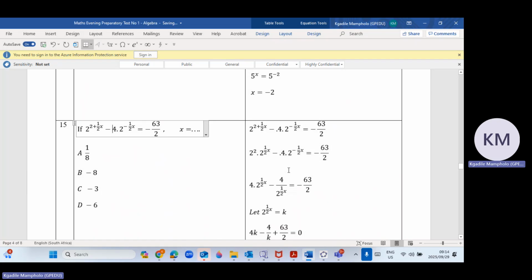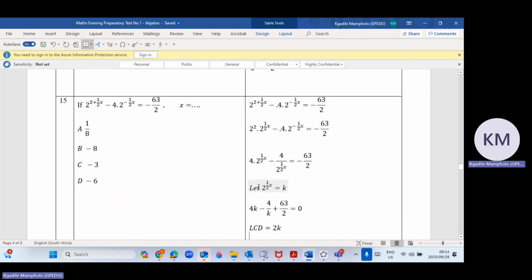Now, to make the exponents the same, remember when you move a power from numerator to denominator or vice versa, the exponent changes sign. You take this one down so that the exponent can change sign. So that is why it is now 2 to the power 1/2 x. Now that is the same here and here. You let 2 to the power half x be k. Now where there is 2 to the power half x, you put k. You have 4k. Here you have 4 over 1 over 2, 1 over k equals,